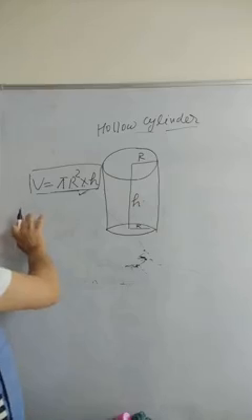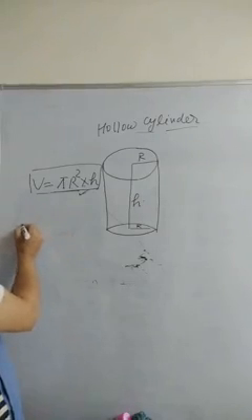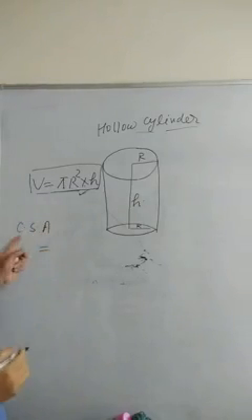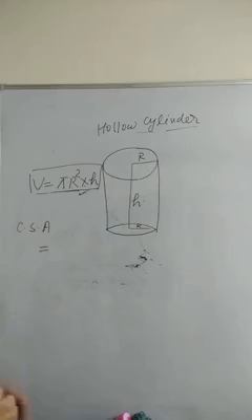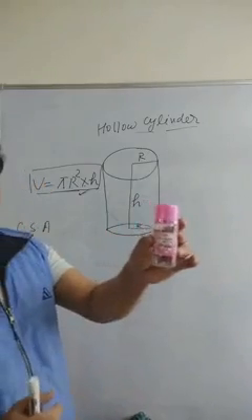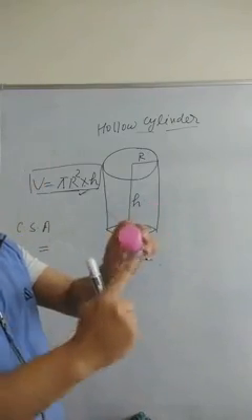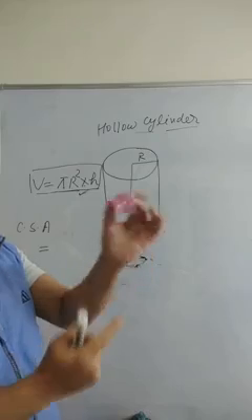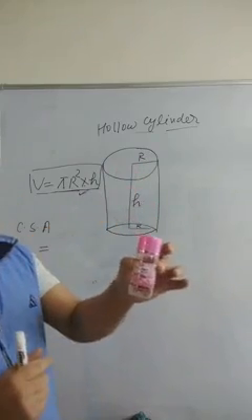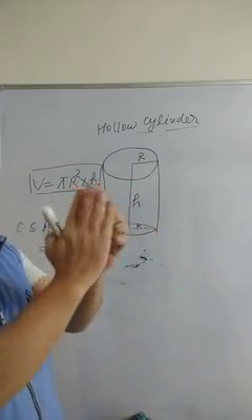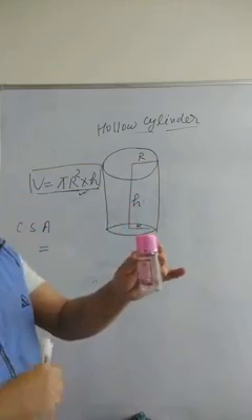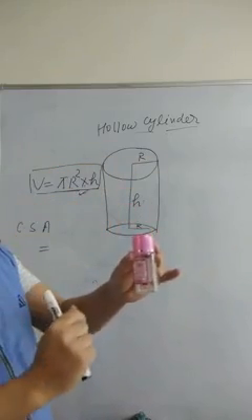Got it? Now, if you are asked to find the curved surface area, pay attention here. This curved surface area, as I told, is the curved surface which you can paint. This is a hollow cylinder. You cut it from here, you cut it from here, so this is a hollow cylinder with both ends open. So which part can you paint? You can paint it from outside, this curved surface area, as well as you can paint it from inside also. From inside also there is a curved surface.